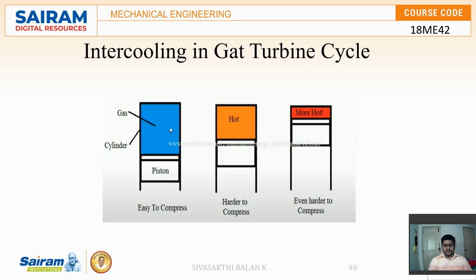Let us take a piston cylinder analogy, where inside the cylinder we keep the air and the piston moves in the upward direction. Due to this movement, the gas inside the cylinder gets compressed. At one particular point, the temperature increases to a certain degree. At that point, it is not normal cold air; it is a hot gas. The basic principle says that hot gas or hot air is very difficult to compress. Because of that, we need to put in extra effort to get more compression.